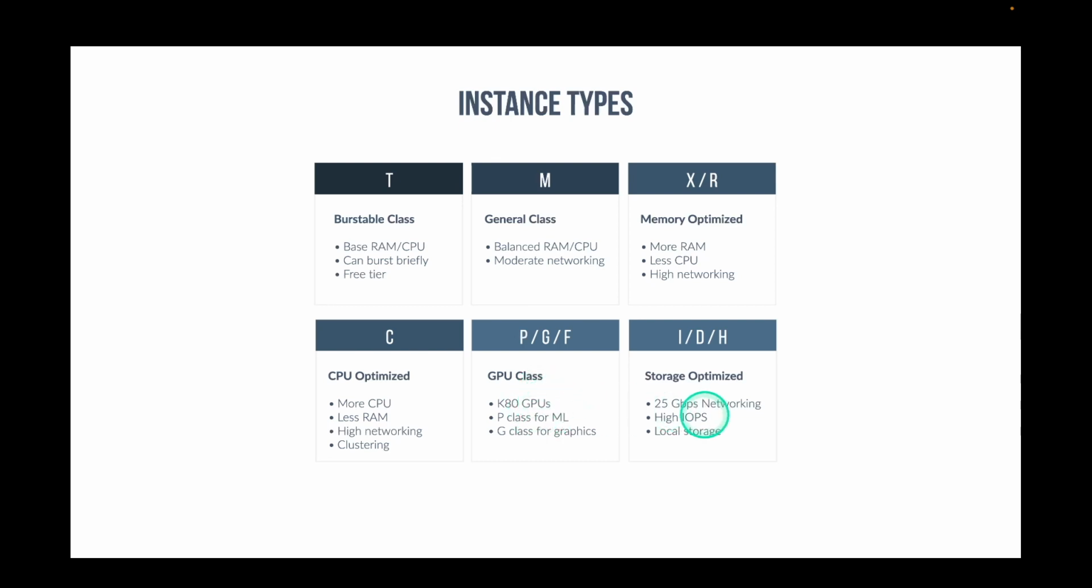And then here are these I, D, and H classes that are storage optimized. So they have really, really fast networking. They have even faster than this now. Incredibly high IOPS and really massive local storage volumes. So these are all choices you would make as you're